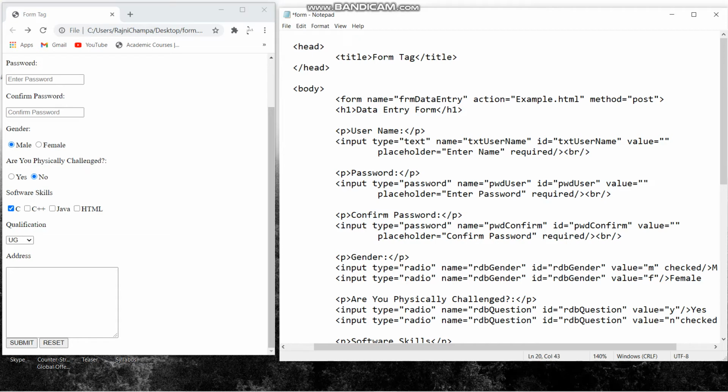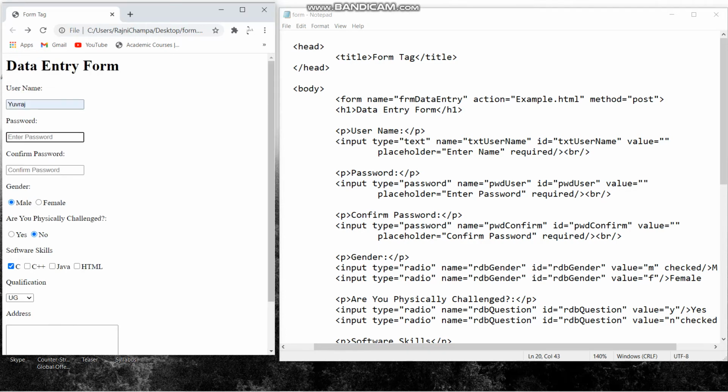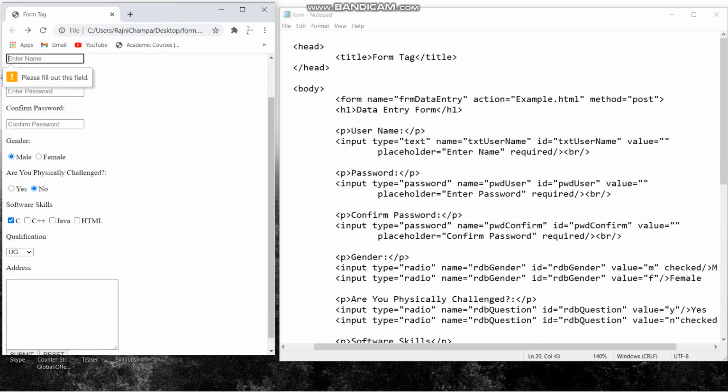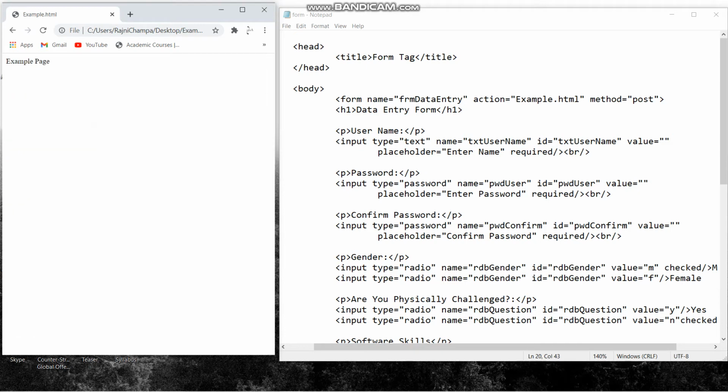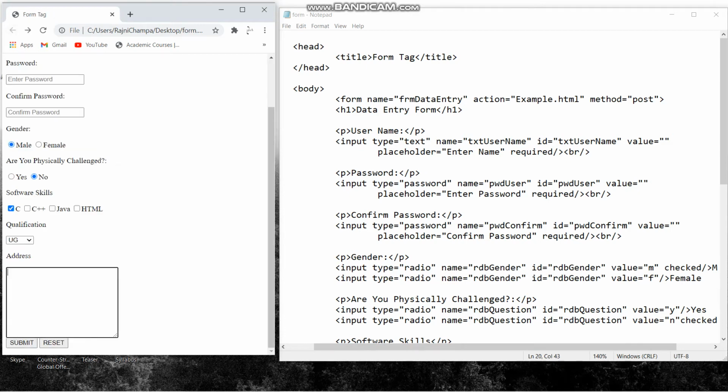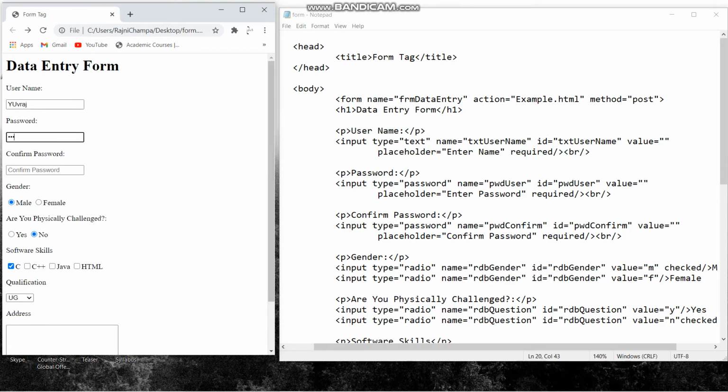So we won't go ahead without writing in these text fields or password boxes. See, it is asking every time, please fill this. Now it is asking for the password if I am submitting without a password. It is also asking for the confirm password. I should do it for the text area too, so I won't miss the location.